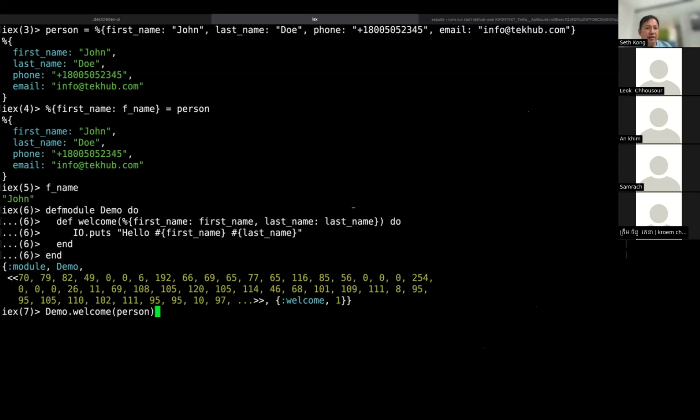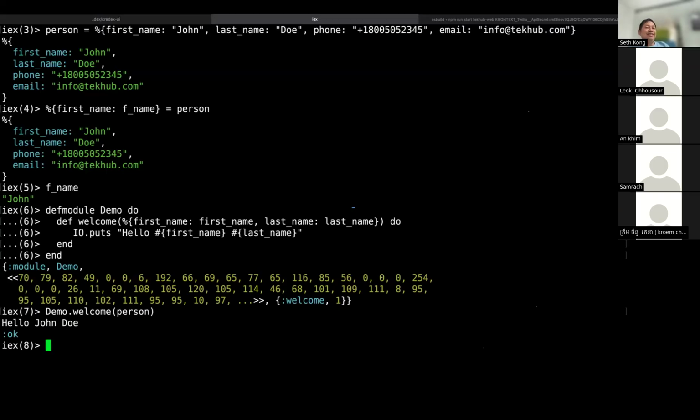Then you get a nil, which means it will not match. It does not give you an error, but gives you a nil, which means that the value of first name is nil. Or let's say you do price in your function, and it could not find a price in the data structure, which means it's not matching, it gives you nothing. So when I say hello John Doe,